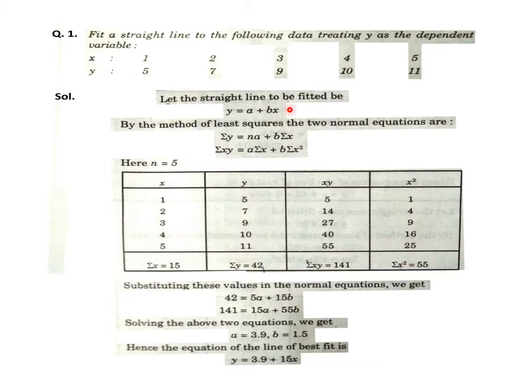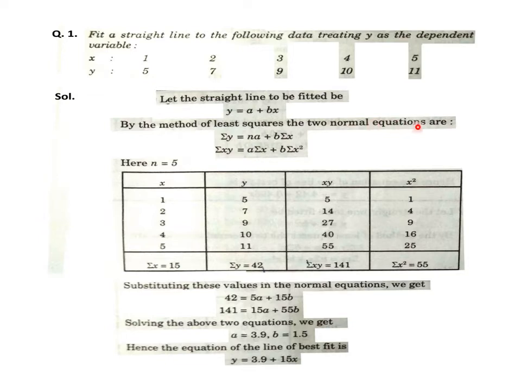And for fitting a straight line over this data, that is what we want to do. We want to know about a straight line which is closest to all these points, whether a few points are over the line or a few other points are very close to the straight line. We want to know about that straight line. That is about fitting a straight line over data. Okay, and for that the method of least squares